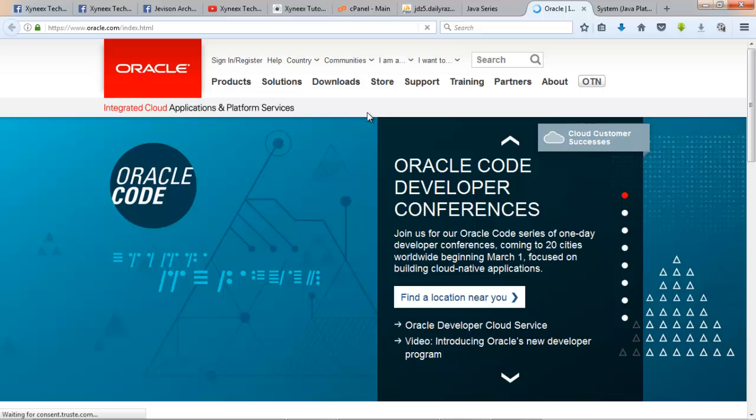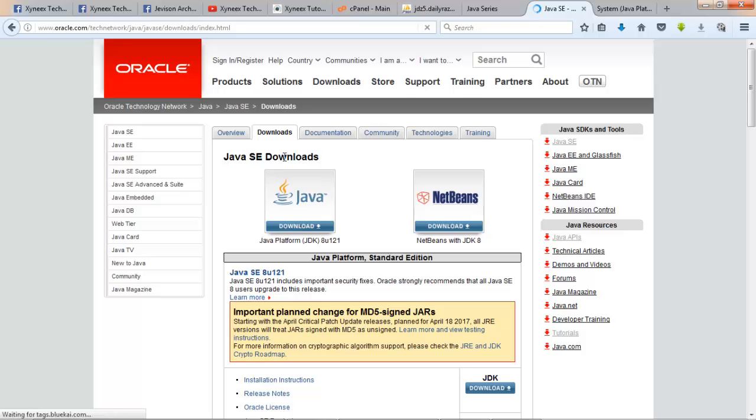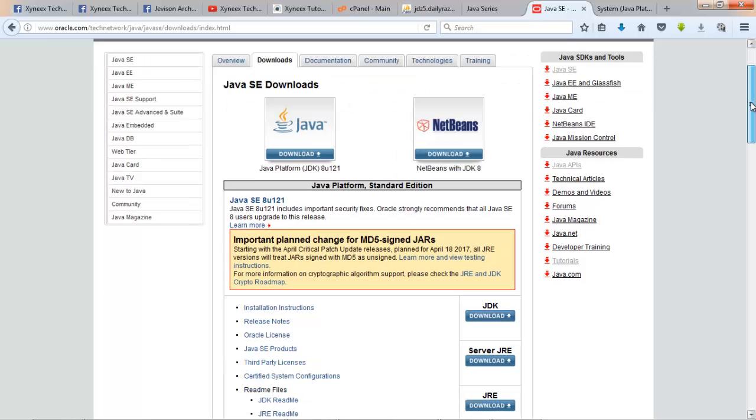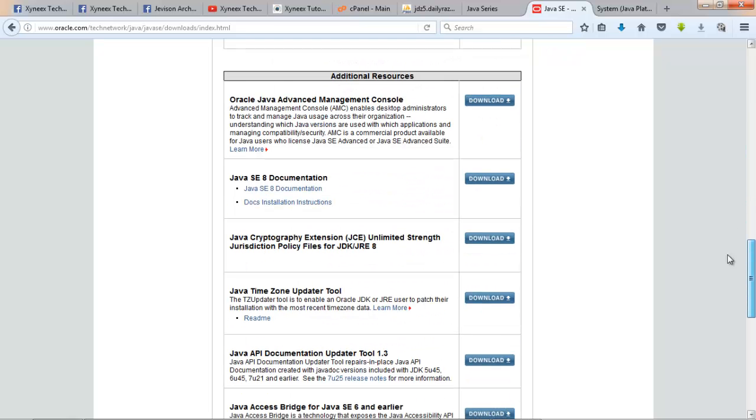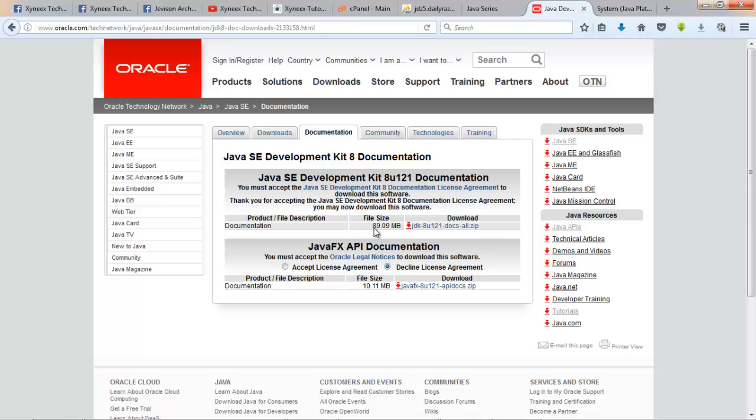If you go over to Oracle's home page again, under downloads you can see the Java SE, which we've been visiting for quite some time now. If you click on Java SE, you get to the download page for the Java SE downloads. If you scroll down to this section called additional resources, you're going to see the Java SE 8 documentation. Under here you can see this download link, which you can click to download the Java SE 8 documentation. They will provide you with this license agreement form. Just simply select accept license agreement, and here is the documentation. You can see the file size is 89 megabytes, so you need to have a lot of data to download this. So you can click on this,